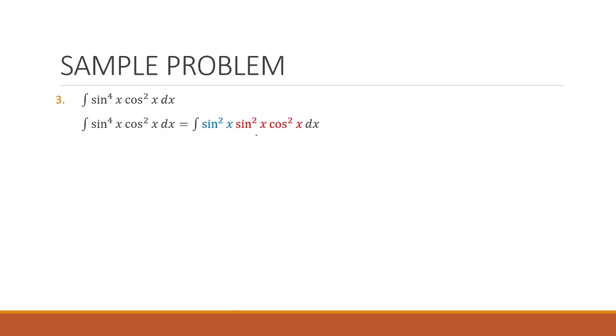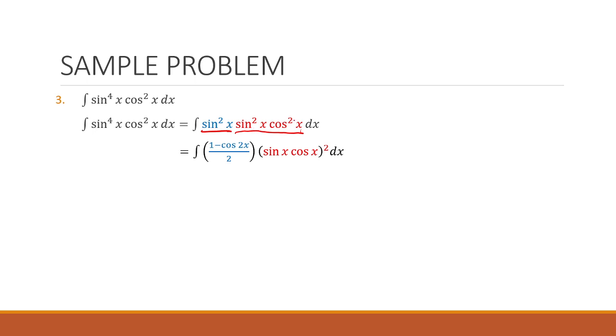Okay, and then itong sine squared x and cosine squared x, i-group natin siya. Okay, kasi same ang powers, so we can factor out the power. Tama ba? And then after factoring out the power, ang sine x, cosine x, kasi merong identity, di ba? And then itong naiwan na sine squared x, apply power reducing identity immediately. So, naging 1 minus cosine 2x over 2 siya. And then,